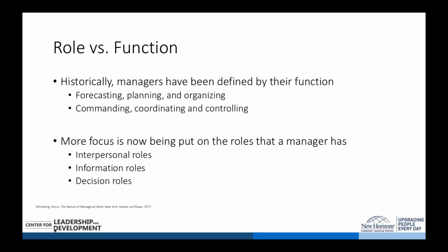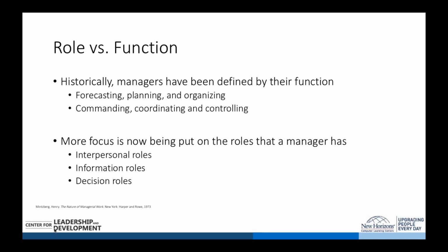Historically, managers have been defined by the function that they do. This goes back to the beginning of the industrial age. Managers forecast, managers plan, managers organize, and it's all based on the idea of a command and control structure. It's all about the manager being in charge, the manager doing things. That's been looked at in a number of different ways, starting back in the 70s and 80s, with a lot of research around the roles that managers actually have in the organization,